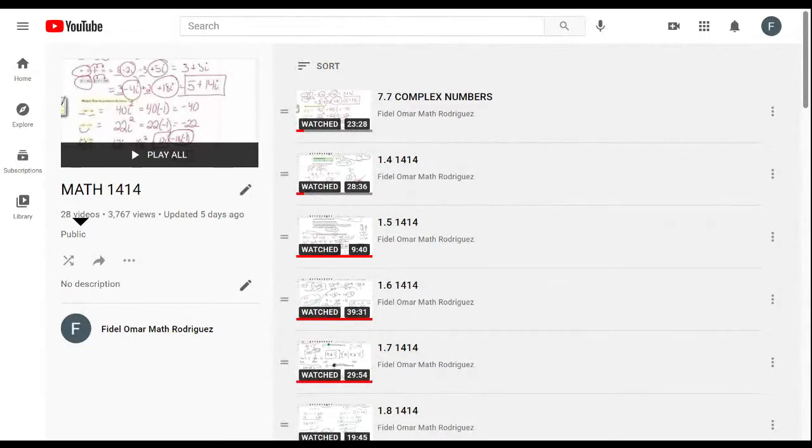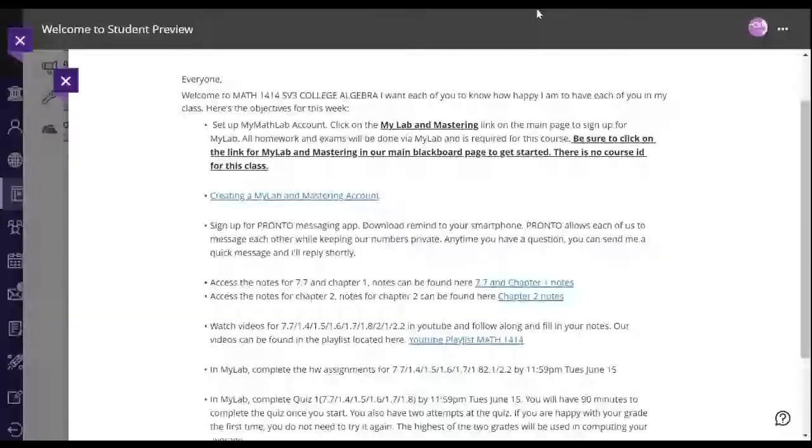Let's go to the next question, which is, do you know where you can find the notes? I'm going to stop sharing the screen real quick. Okay, so guys, again, right here, if I click on this one, it's going to open up the notes for me.